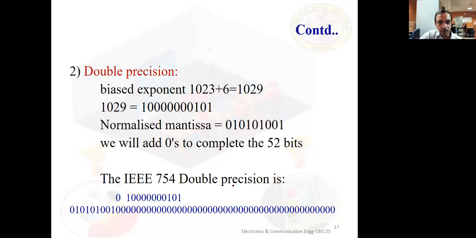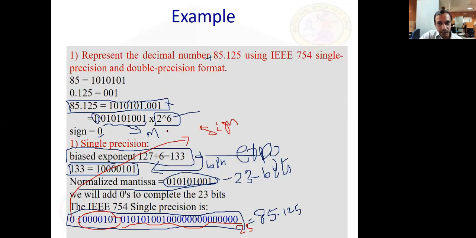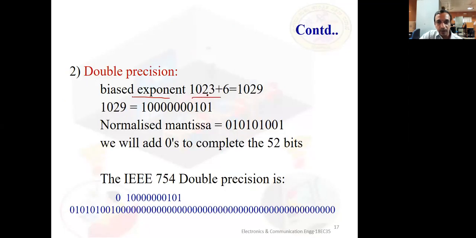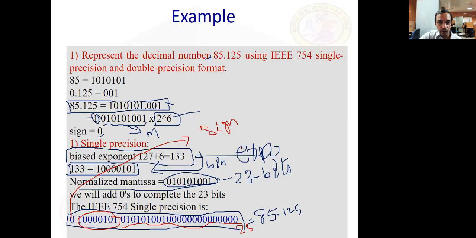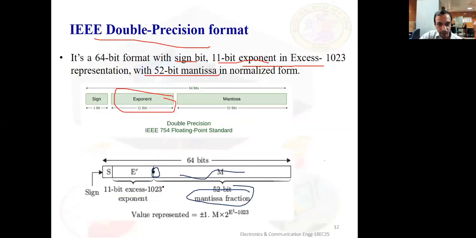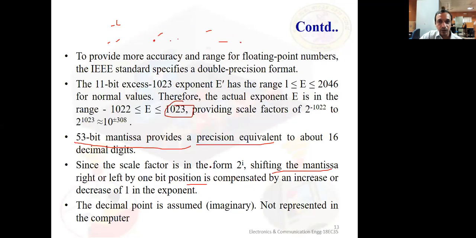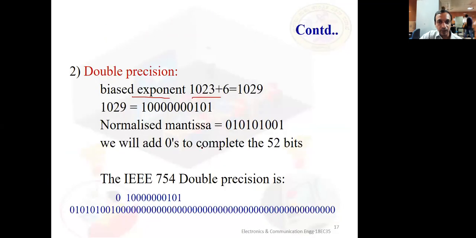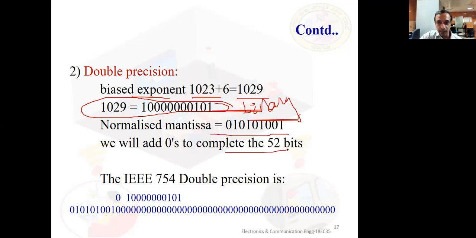Now coming to double precision format. This conversion, everything is already done. So what is to be changed? Only this should be changed. What is the biased exponent here? We're adding 1023 now, because it's a 64-bit format. Once again, I'm recalling that you can see E plus 1023. So we're adding that number to the given exponent. It becomes 1029, which you again represent using binary. And the mantissa is already known to us from the previous one, and of course you have to make it 52 bits.